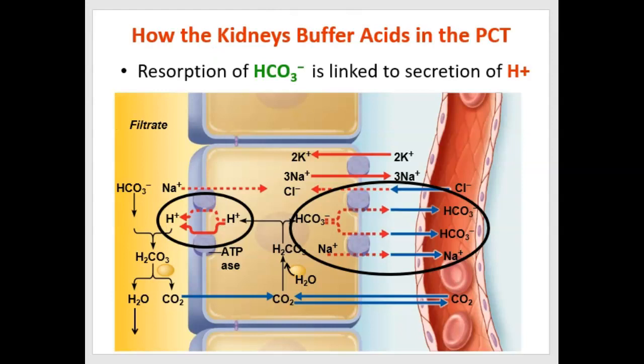Okay, now let's look at how the kidneys or the urinary system can help with acid-base balance. The biggest role that the kidneys perform is to buffer acids, particularly in the proximal convoluted tubule. Some in the distal convoluted tubule as well, but mainly in the proximal convoluted tubule. The kidney really does more to buffer acid than it does to buffer base, but it can buffer base by just doing this acid buffering less, but that's kind of the cart before